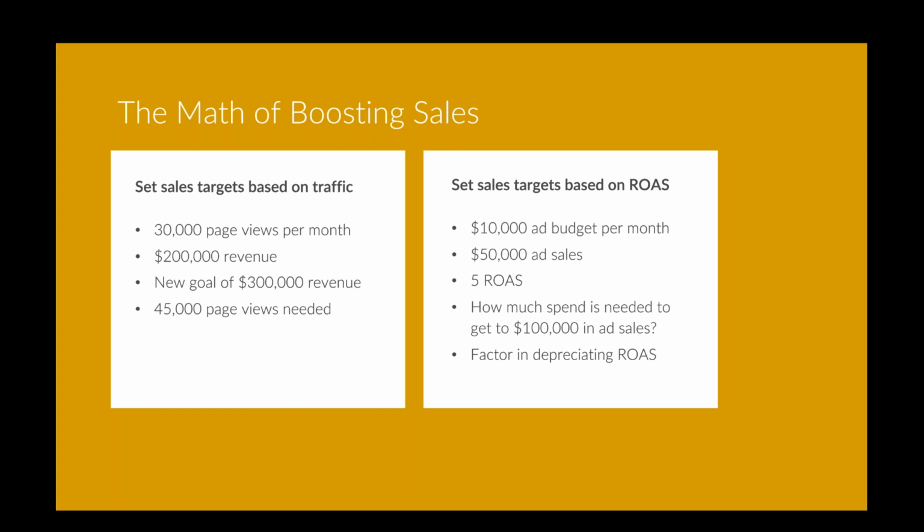The one situation this might be the same is if your campaigns are consistently at a budget, you could very likely see a flat ROAS as you continue to increase that ad spend. But typically what's going to happen is as you increase your budget, your ROAS will start to drop. So maybe it's going to take $30,000 to get $100,000 in ad revenue. So again, it's not a straight line. It's a little bit more of an art mixed with a science here, but this will at least directionally give you an idea of what it's going to take to grow your channel through the lens of advertising.